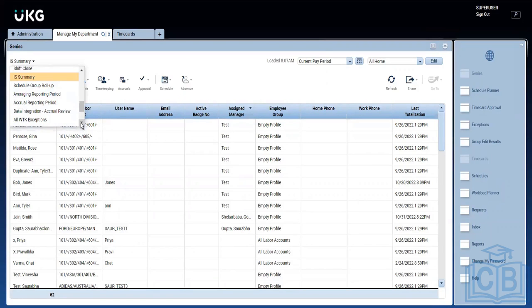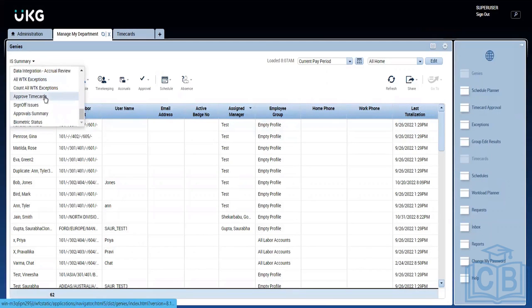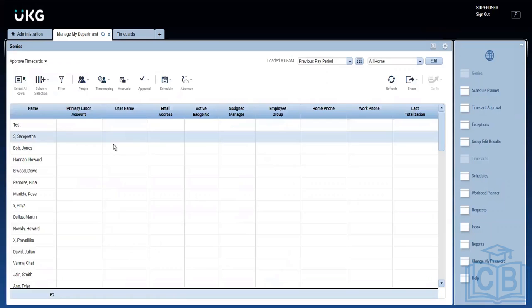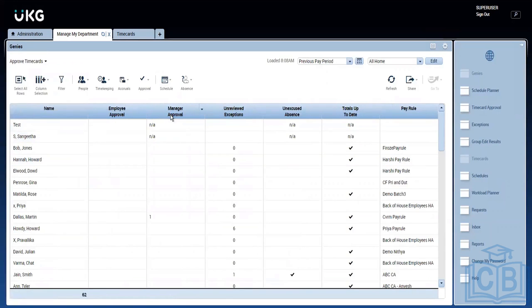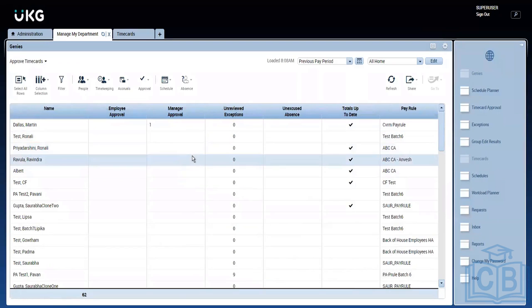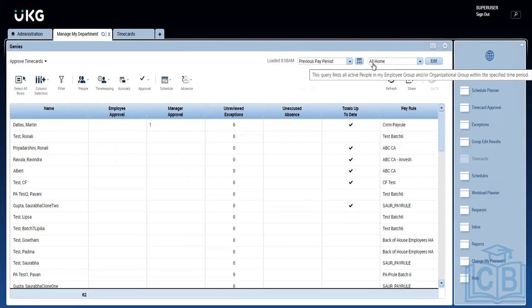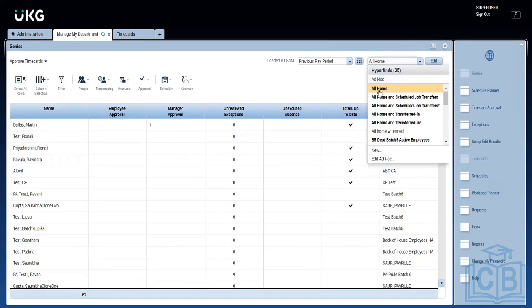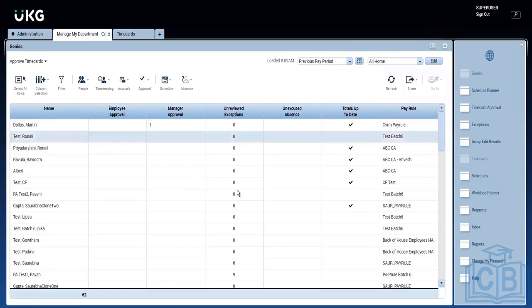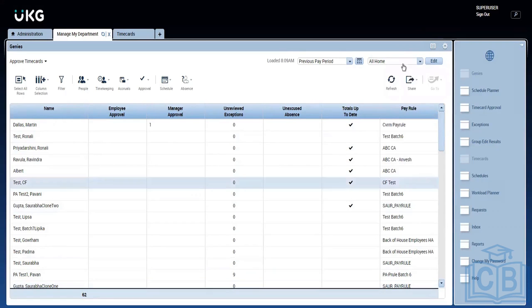another genie, like the approval genie, which will give you whose time card is approved and whose time card is not approved. You see here, it will give you. Since it's a test run, we will not be approving anyone's, but just for example, this is the time period, previous pay period, and we have selected all employees. This is another thing which you need to know. All Kronos will have this particular item, Hyperfind All Home, which will fetch you all the employees available in the system. This is a complete list.